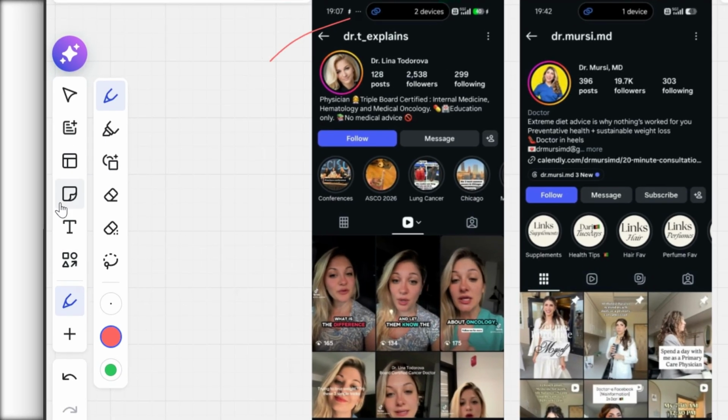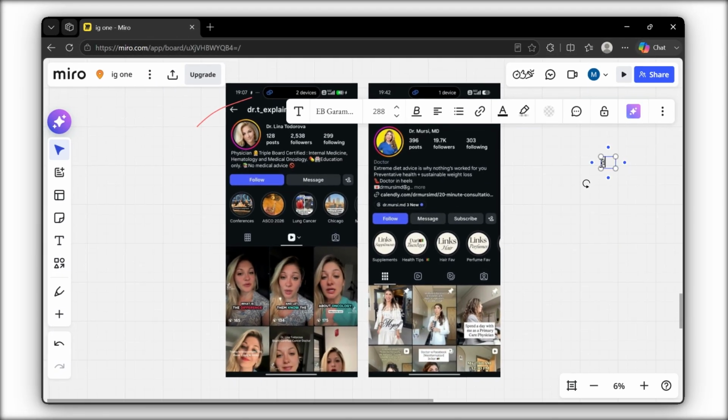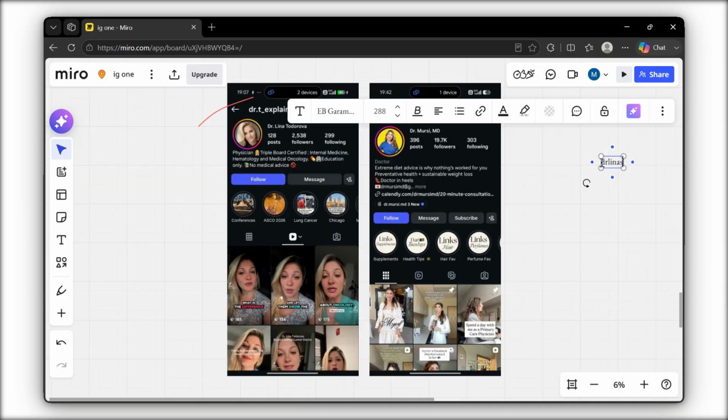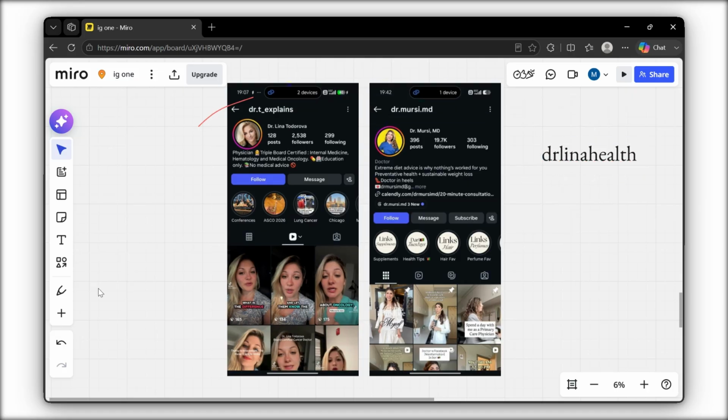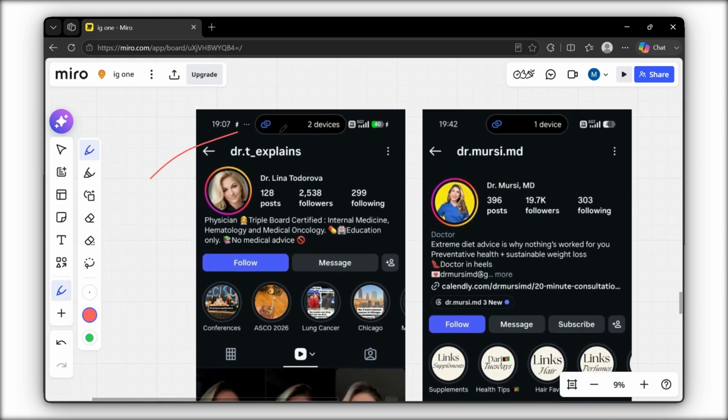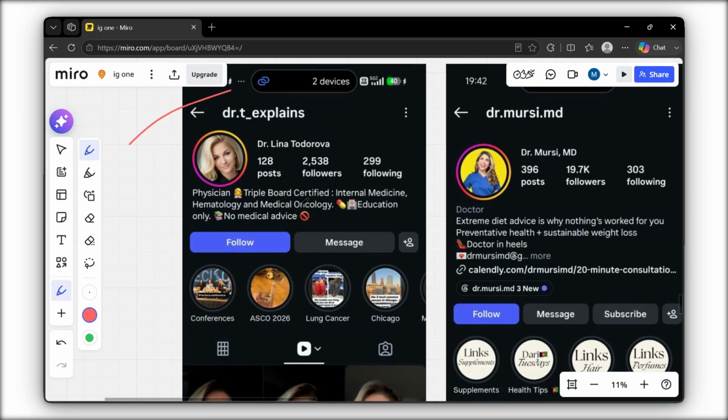So we will choose a username like Dr. Lena speaks, right? Or Dr. Lena, no, Dr. Lena Health, yeah, right? Something that is recognizable, that people will understand that she is providing information about health, and they will check the profile. Second one is that if I can see the bio, here where the bio is, there is no clear